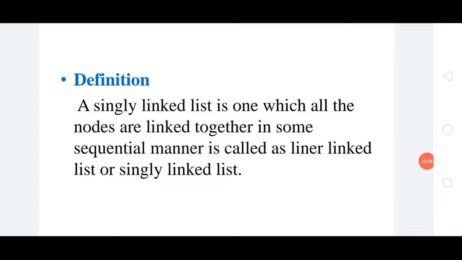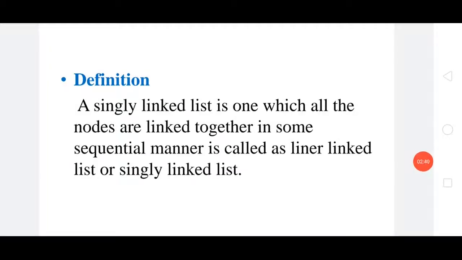Actually, a singly linked list is a type of linked list that is unidirectional. That is, it can be traversed in only one direction, from head to the last node. Each element in a linked list is called a node. Already we discussed this in the previous lecture. A single node contains data and a pointer to the next node, which helps in maintaining the structure of the list.